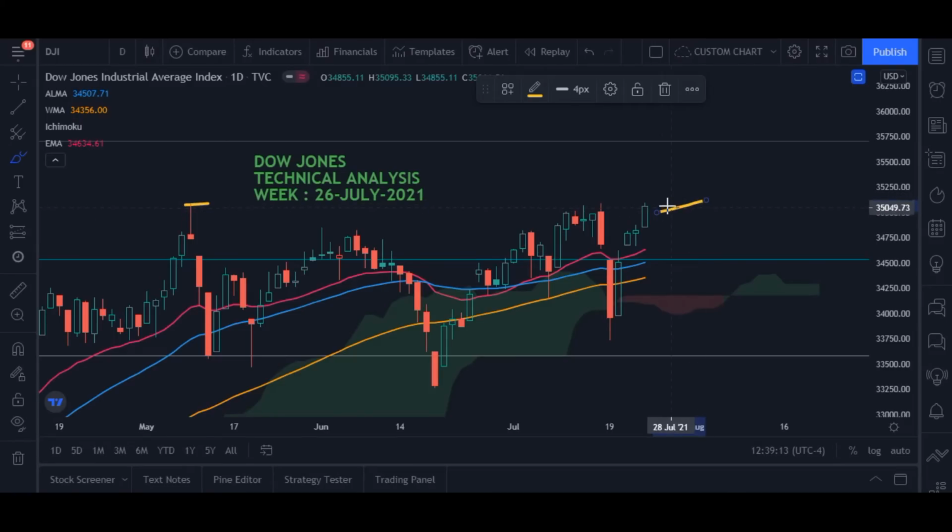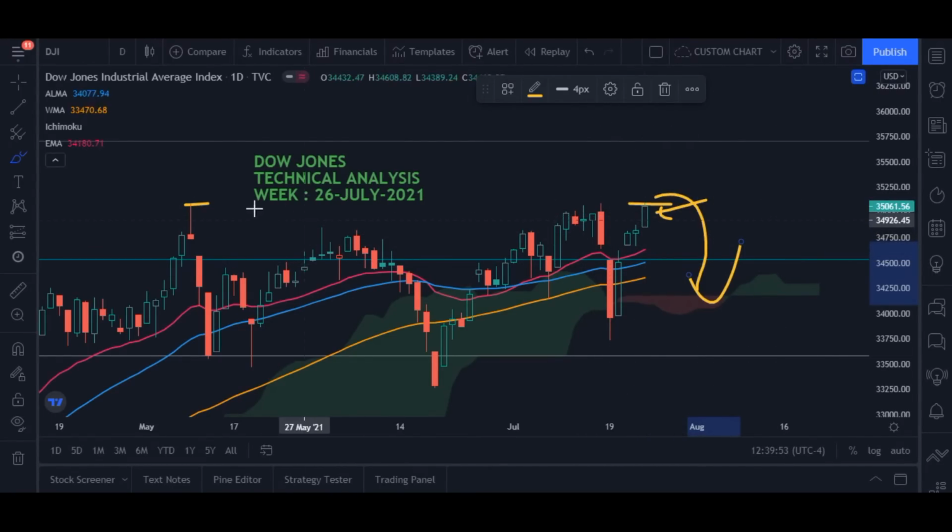Now, one more thing, the interpretation of this last candle. This last candle is a bull candle, and a bull candle supports the bull trend. But because the market failed to cross and close above the high of this candle, there are chances that this interpretation may not work here. We need to see what happens on Monday. If on Monday the market fails to cross and close above this particular candle, or if there is no gap up opening, in that case the market is expected to fall,